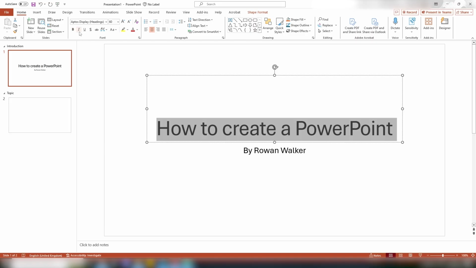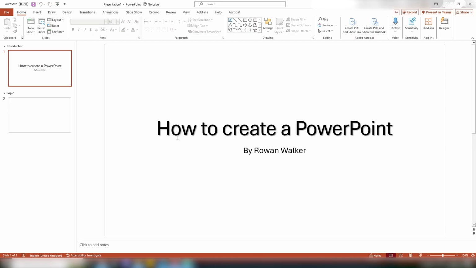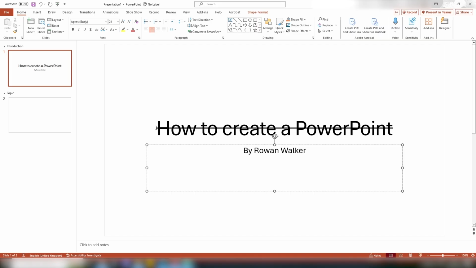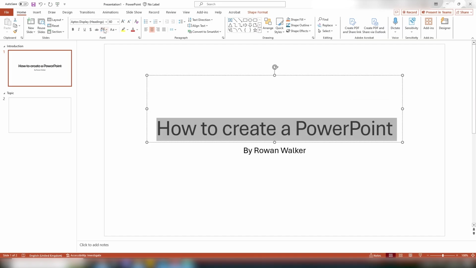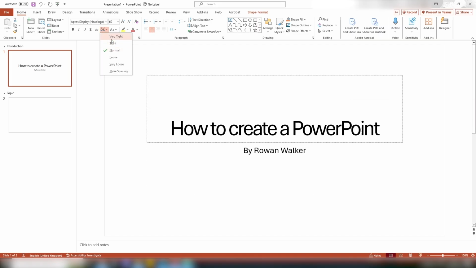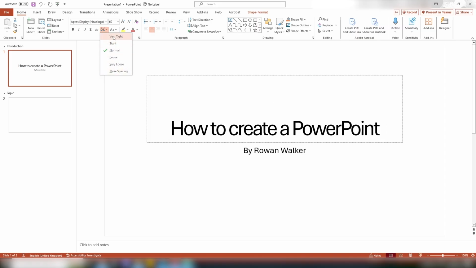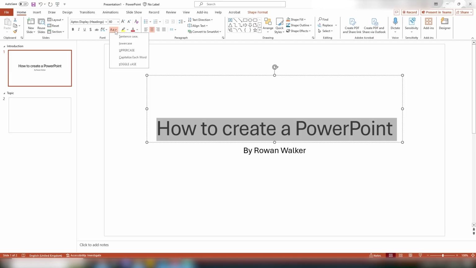We also have the styles of font, so this was referring to if you want bold text, italic text, underline text, and also if you want text shadow, which just adds a slight shadow underneath all of the letters or numbers that you're using. You can also use strike through, so you can have a line through words, and you can also control the distance between the letters as well. So maybe you want more space in between the letters, maybe you want it very tight, and then you can also